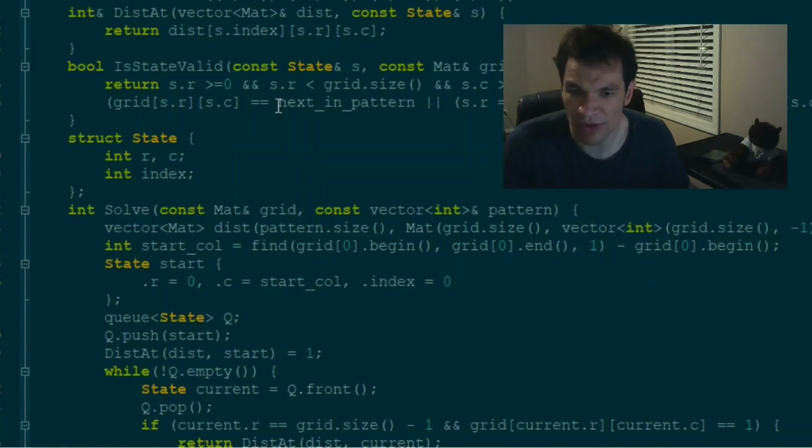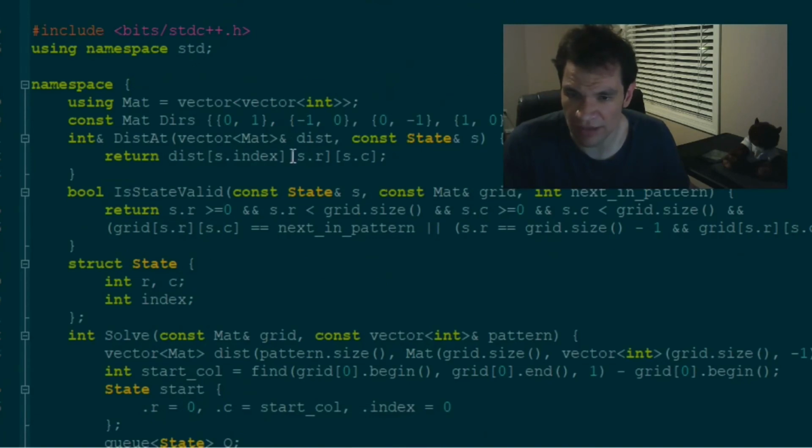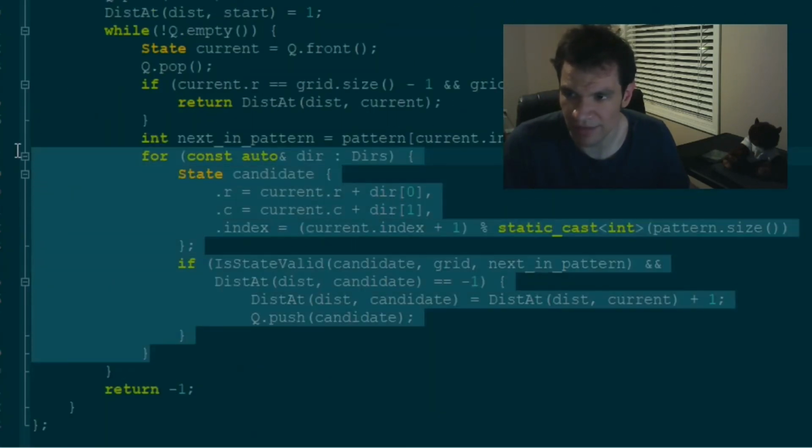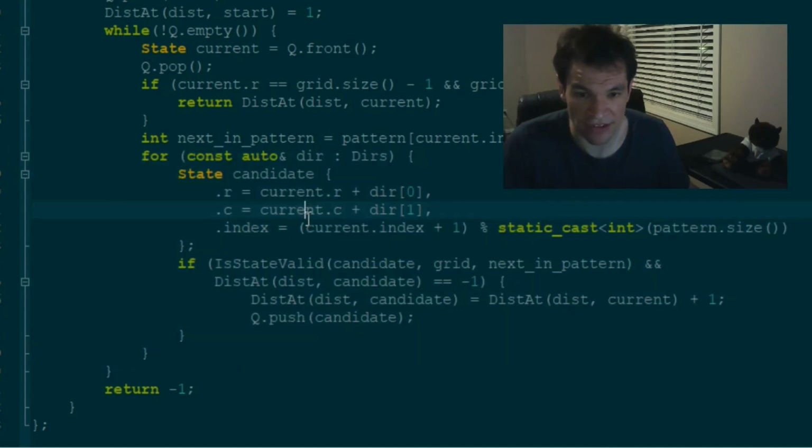If you already know breadth first search, I think this should be self-explanatory. If you don't know it, then I think you should check breadth first search before attempting dynamic programming.